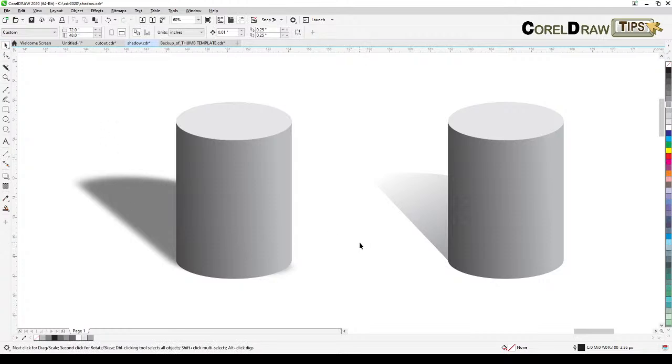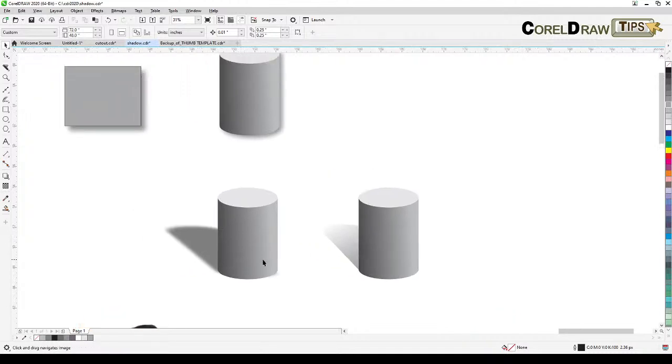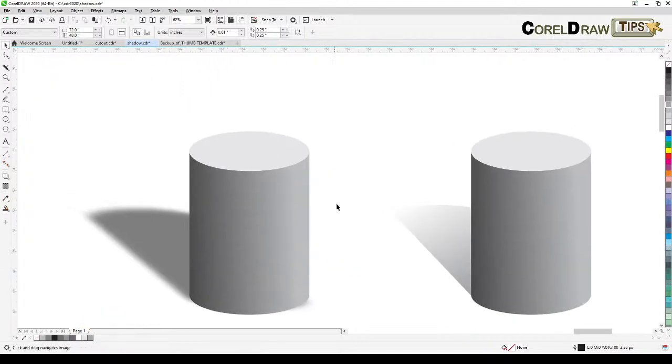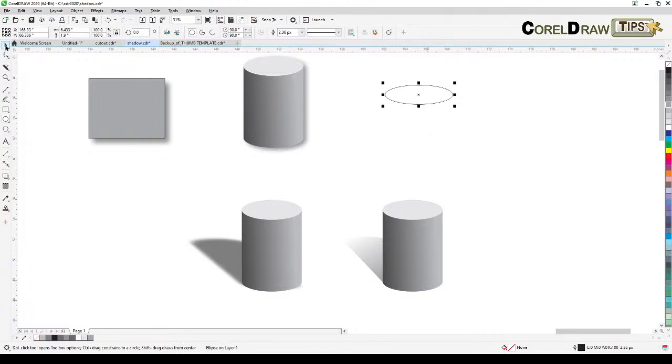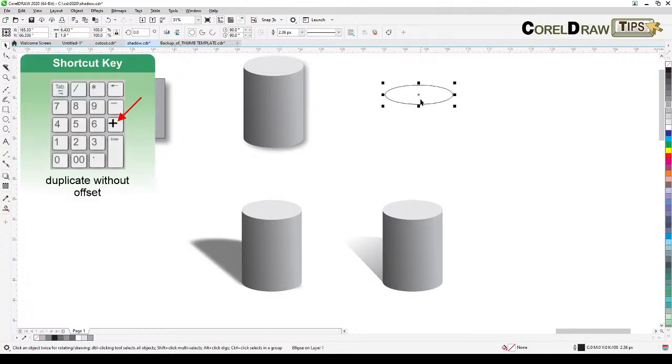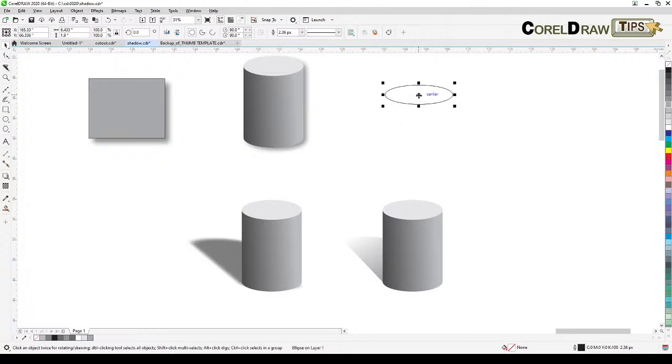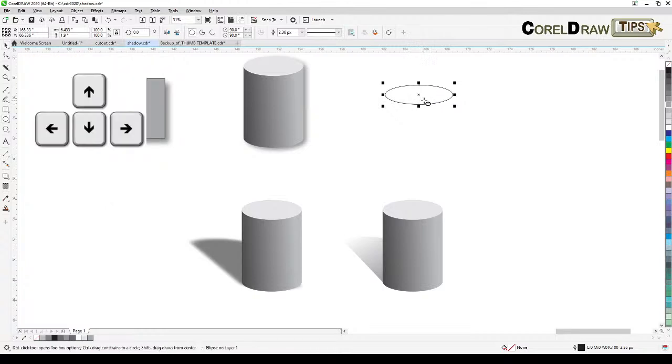And I created this one with two types of shadow. One is a vector shadow and one is a bitmap shadow. But before going to the shadow, I'm just going to show you how to create this cylinder very quickly in CorelDraw. So, in order to create this one, you go to your ellipse tool, and then you just create an ellipse like that, and then you press the plus sign on your keyboard, it duplicates, and then move it down with your arrow keys. Okay, move it down,